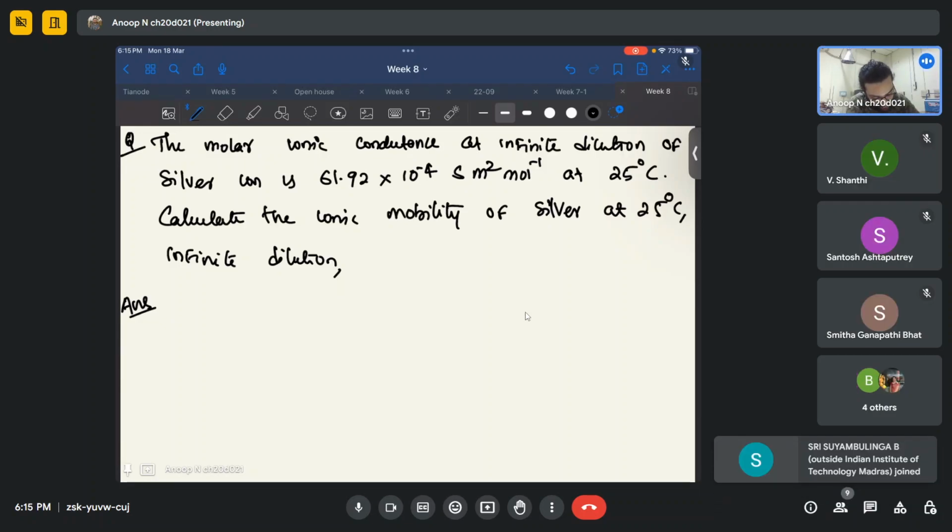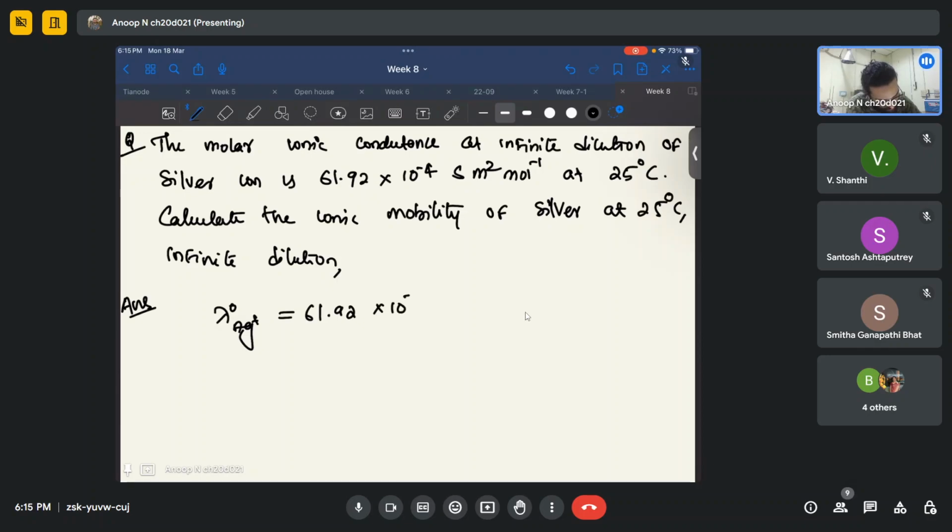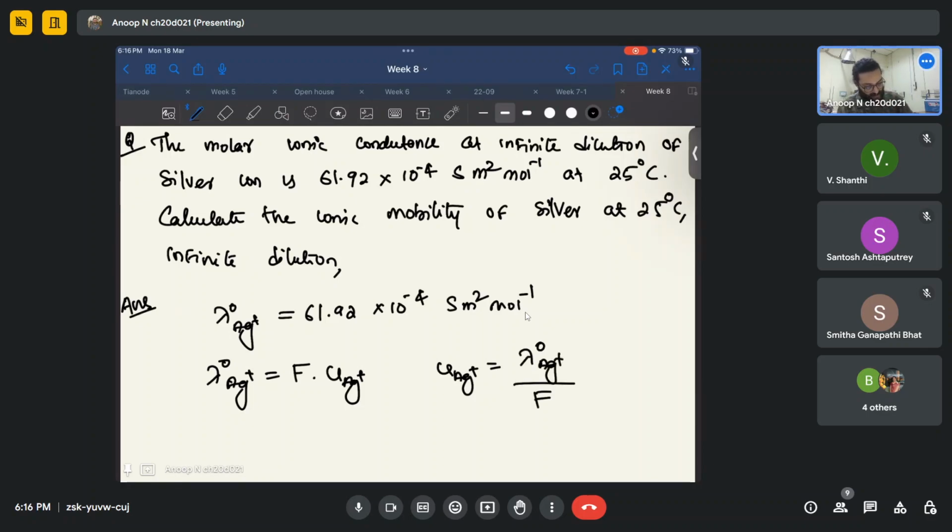So we can write lambda 0 Ag plus. It's a simple question. It is given as 61.92 into 10 raised to minus 4 Siemens meter square mole raised to minus 1. So what is the relation? Lambda 0 Ag plus will be equal to Faraday constant into U Ag plus. U means ionic mobility. So U Ag plus is equal to lambda 0 Ag plus divided by Faraday constant. So here U Ag plus will be equal to